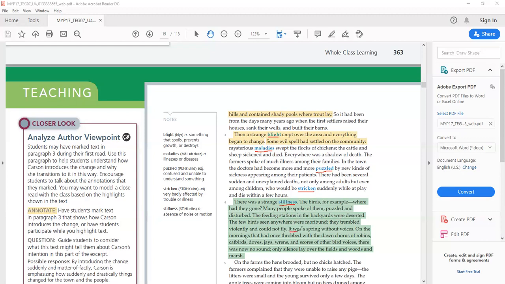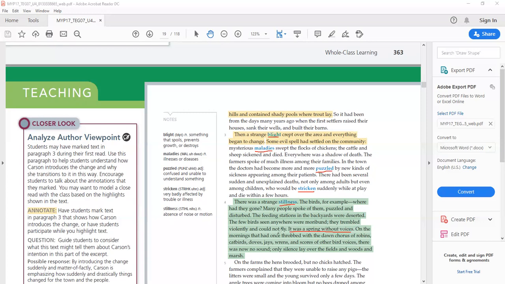Wow. When you think of spring, spring is a season where the birds come out, where things start to grow again, when new life happens. But in this case, this spring had no singing voices of birds because the birds were scared. They were not seen. There was death over the land. There were illnesses. There were maladies. People were stricken with sicknesses.